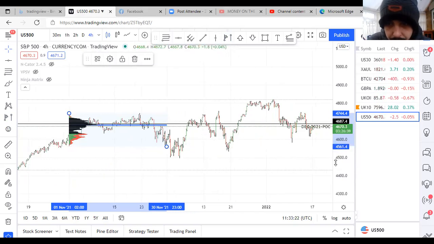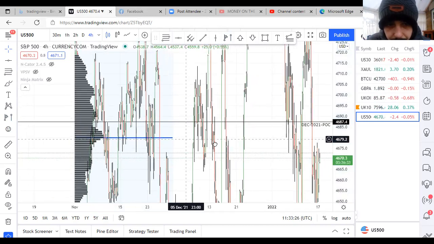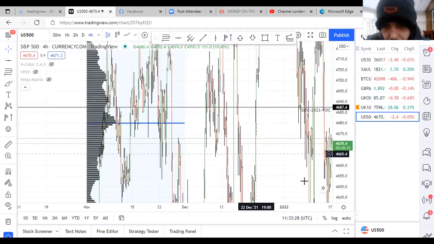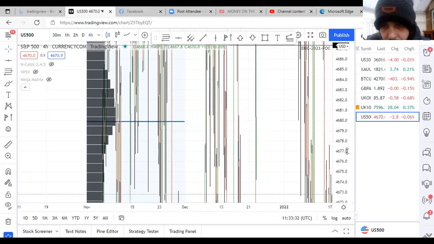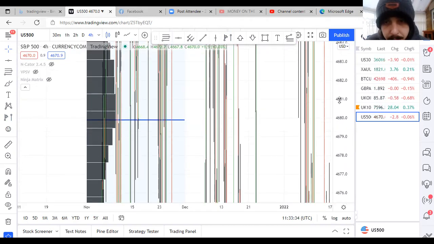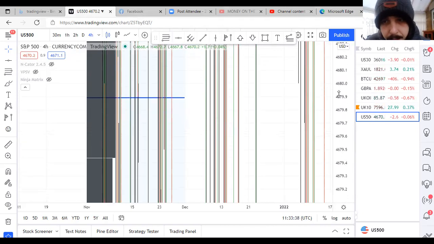Pretty much quite a consolidated period over the past 2 months. Has been growth, but generally